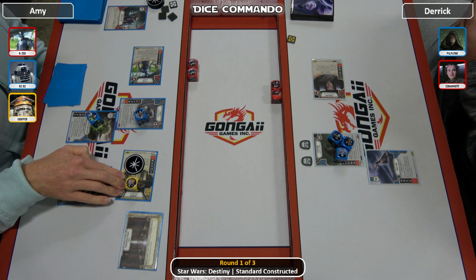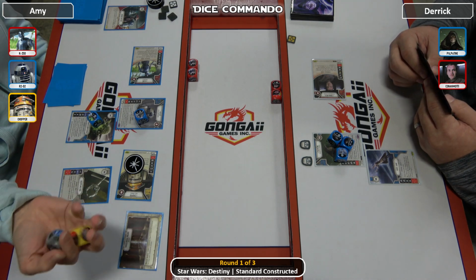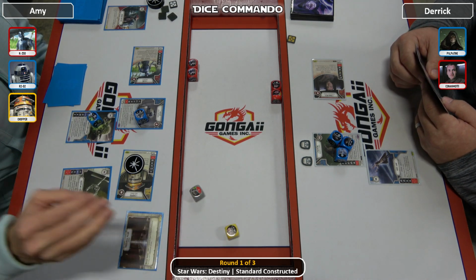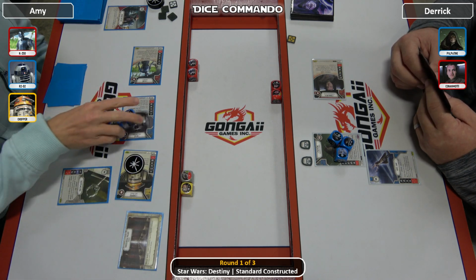Looks like there's a question about Droid's Day Out. So the question on Droid's Day Out is it was actually restricted list with 3PO, but Amy's not running that, so no change to Droid's Day Out. Stays the same. All right, Chopper comes in with discarding a blank, so nothing there, and then R2 will come in,